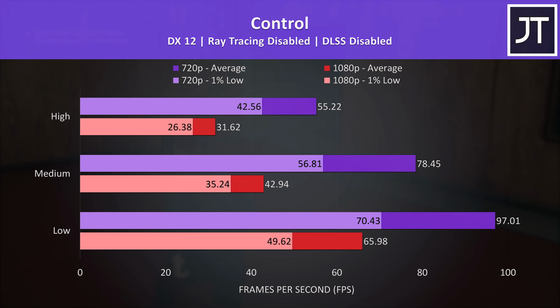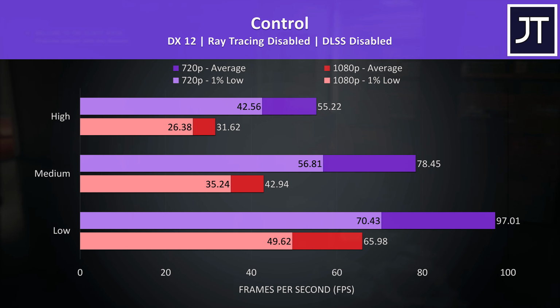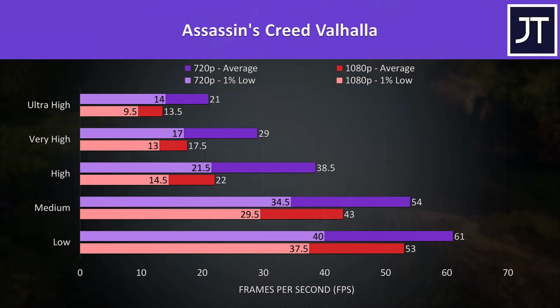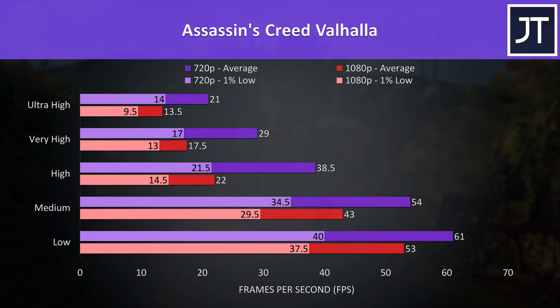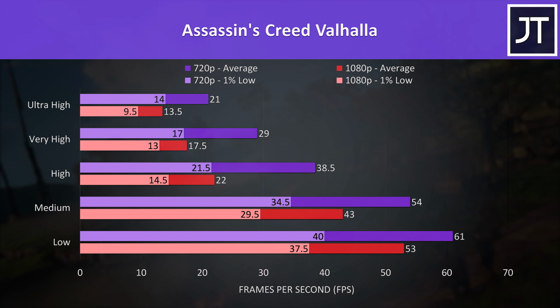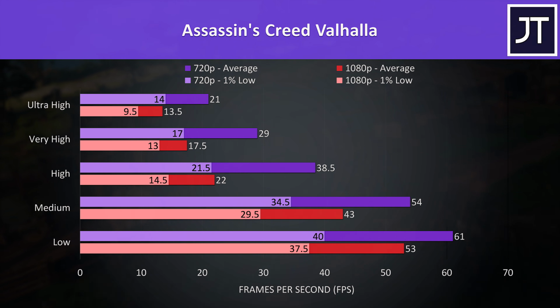I don't think this game needs a super high frame rate to play, same with the other AAA games covered so far, but I also think it still looks pretty good even with low settings. Assassin's Creed Valhalla was tested with the game's benchmark. Low settings at 720p was just able to hit 60 FPS, though 1080p wasn't too far behind either. Based on these results, I'd probably be trying for medium settings with either resolution. Again, not impressive results as this is a resource-heavy test, but definitely playable if you're fine with lower setting levels